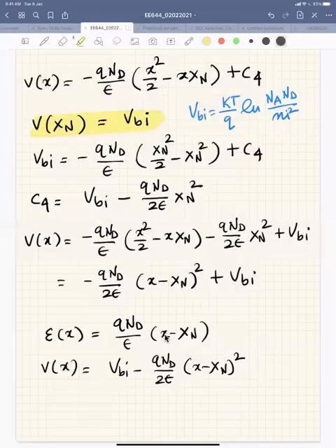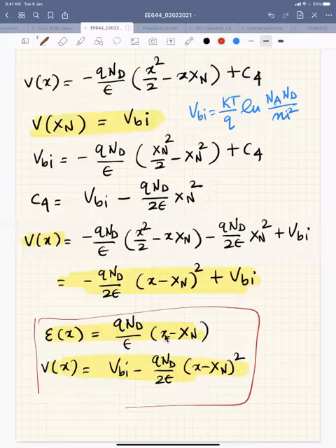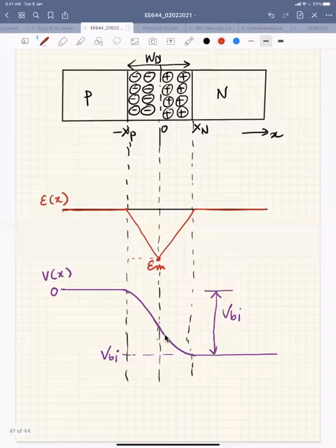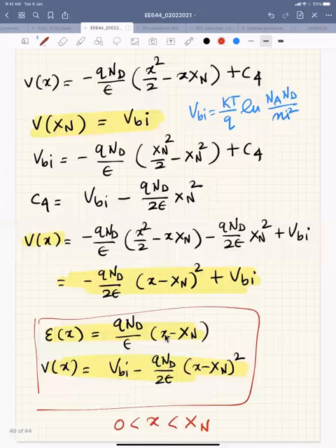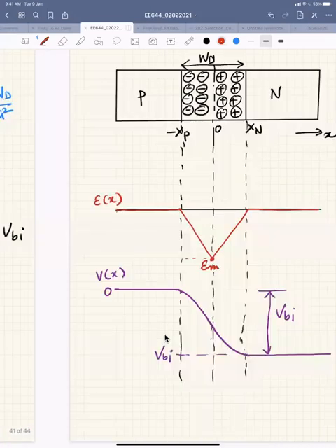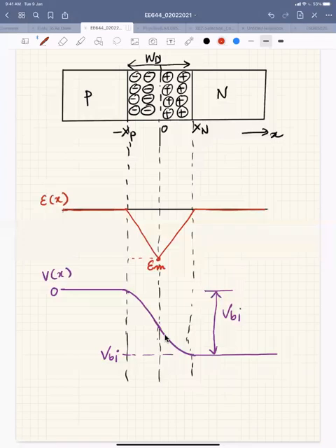So then you could solve that using that boundary condition, and finally you'll get your Vx, which is nothing but minus Qnd divided by 2 epsilon times (x minus xn) whole square plus Vbi, right? So these are the equations for x between 0 and xn. Okay, so now, if I take these equations here and try to plot them,